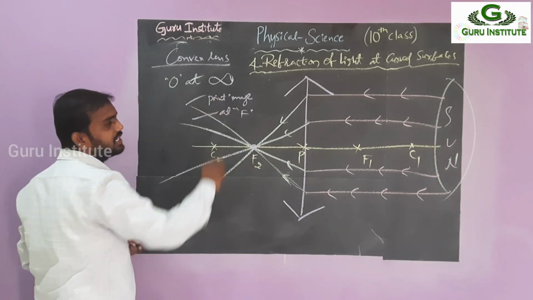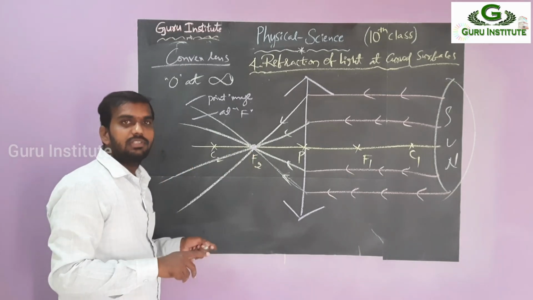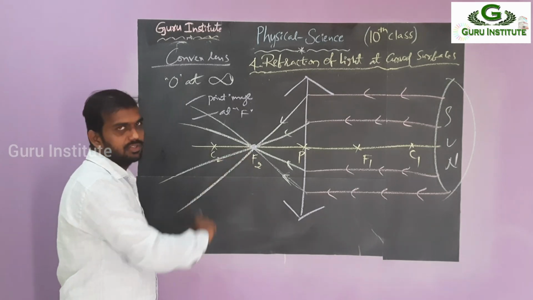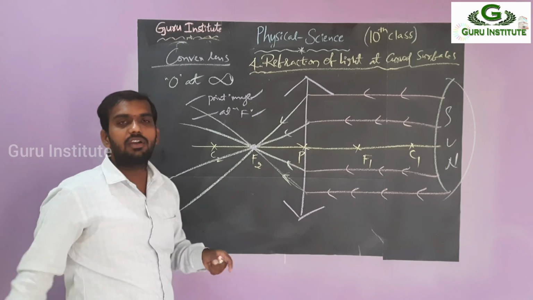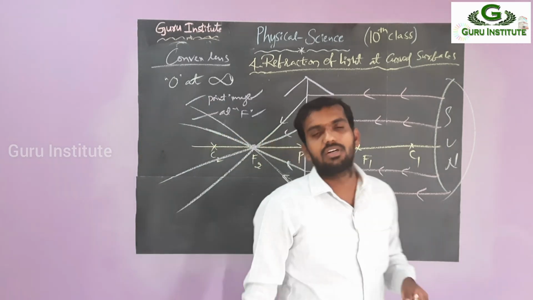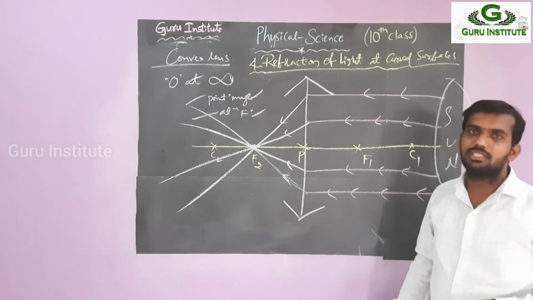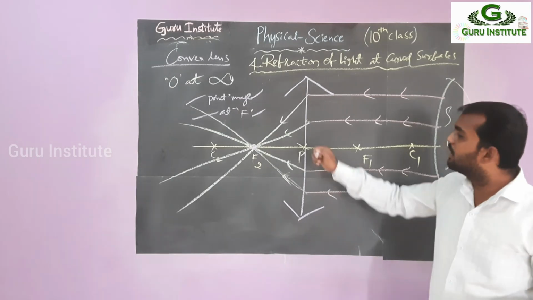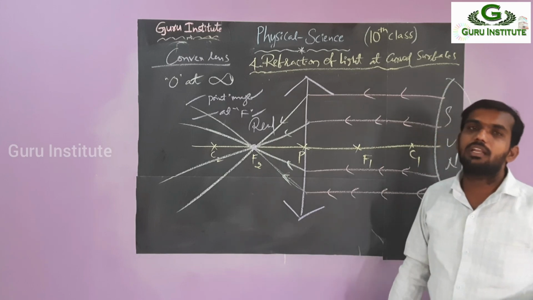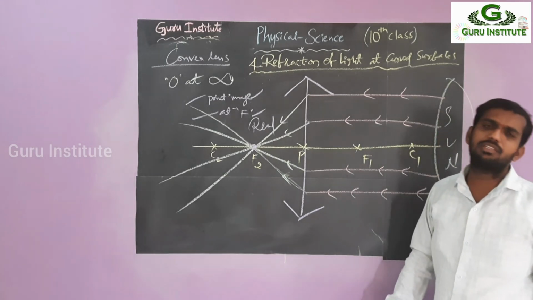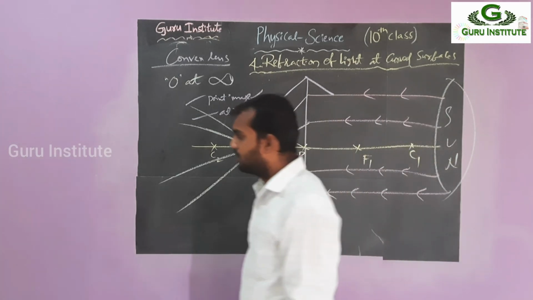So what is the image nature? Three natures would be there. First one, position, which is over. Second one, enlarged or diminished. It is diminished, that means the size is decreased, so that's why I'm taking it as a point image. And third one, whether it is erect or inverted. We can't say whether it is inverted or erect, because it's a point image. But the rays meet directly, so it is a real image. If they meet indirectly, then we can take it as virtual. So this is a real image, and this is the first case in convex.